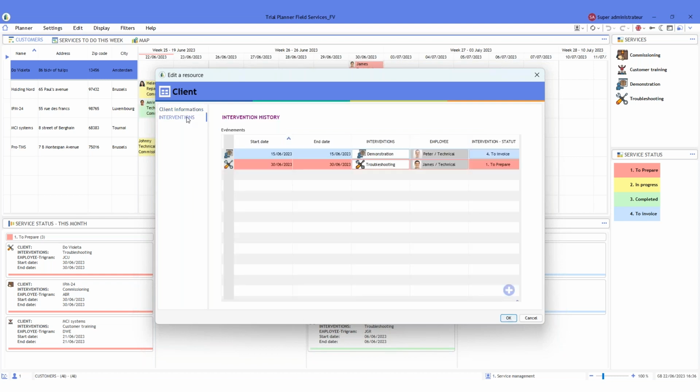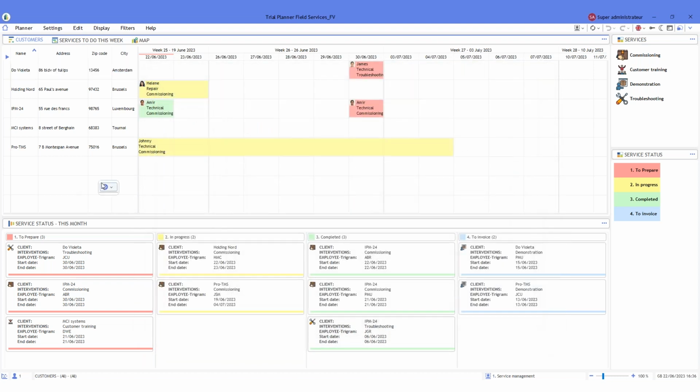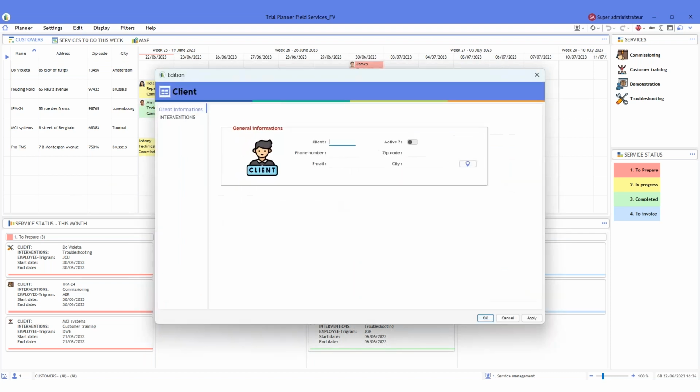Also, we keep a history of all the interventions that have been performed with your customers in visual planning, for you to have a follow-up and check back in time what has been done by your team and what the purposes of all your interventions were. And to create a new customer, it's really easy. With a right plus, you can create, for example, a test customer,